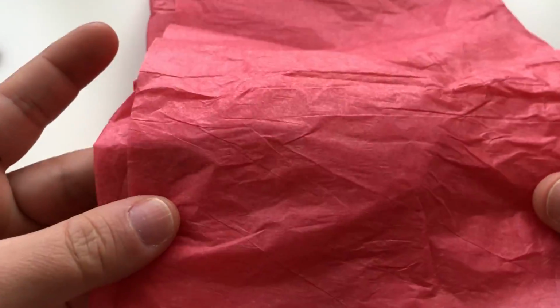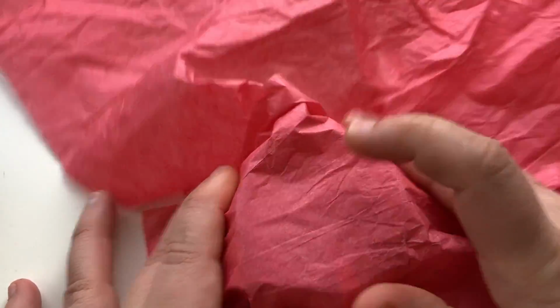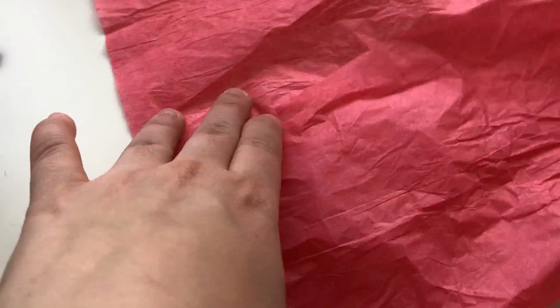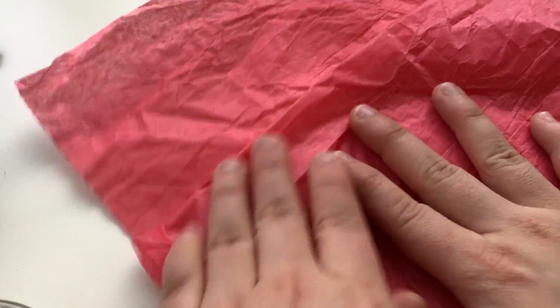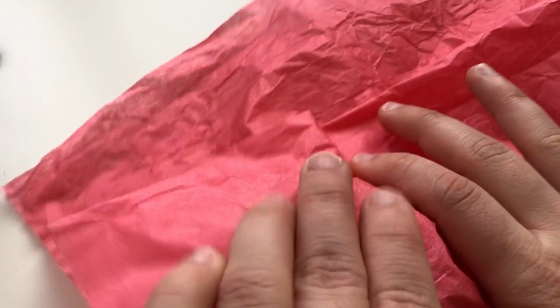I will say don't use only one, because you can see through. I will fold it like 3 times or 2 so that it doesn't show through. I will say 3 times because the tissue paper is so small. So I fold it 3 times, and I look at how I like it. So I like it like this, and we're going to cut it here,